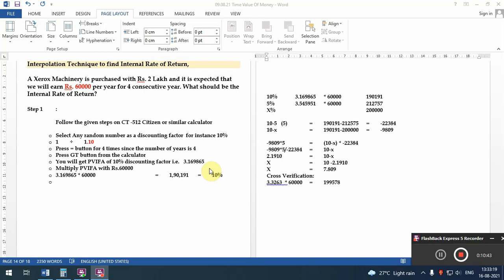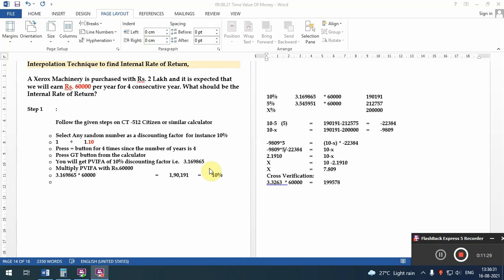The reason is that we have rounded off the figure when we were doing the calculations. So with this, you have got a figure which is almost similar to 2 lakh. So I can say that IRR is 7.809. So your internal rate of return is somewhere around 7.809. It can be a little fractional, it can be 7.81 and so on. So if I try to do it by 7.81, I would say that the amount is somewhere around 7.80.